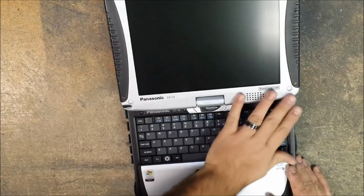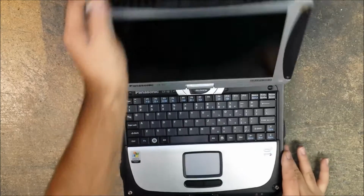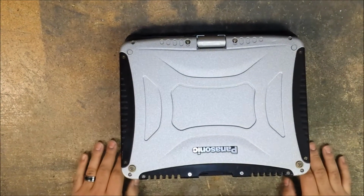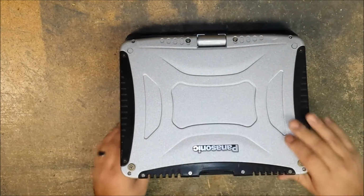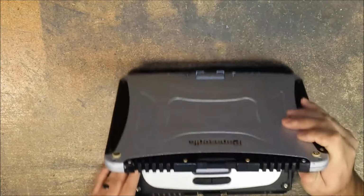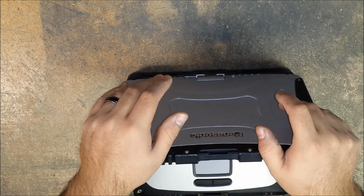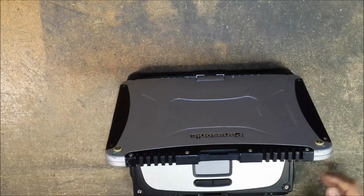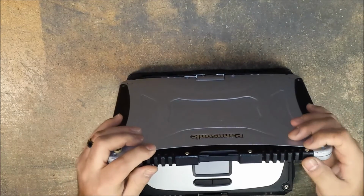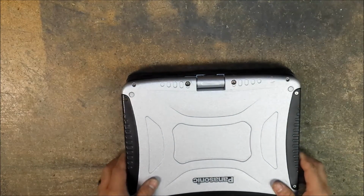replacing your LCD bezel, if this was broken and you found one online, or if you just happen to have a good find online and find the complete LCD assembly with a good LCD and a touchscreen and everything, and yours has those parts that are bad. This would make for, well, I wouldn't say a faster but more simpler replacement if you were going to do that, because then you don't have to remove any of these covers here. And to do this, we're simply going to remove